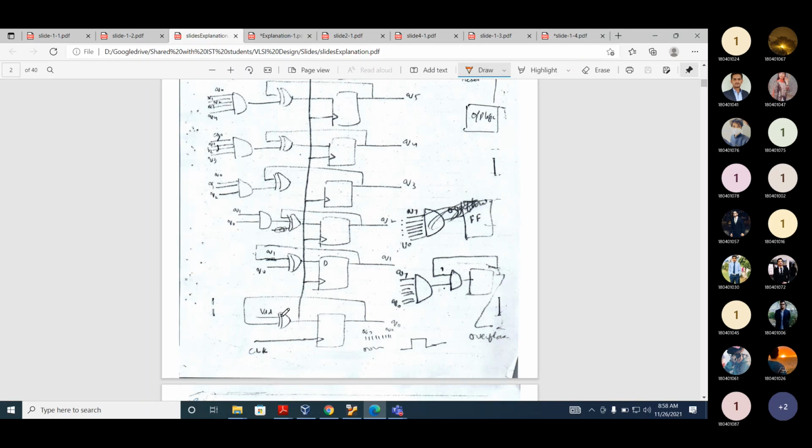If we have a VDD of 1, and this is Q0, what will be this output? Not Q0.